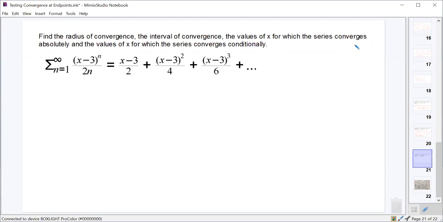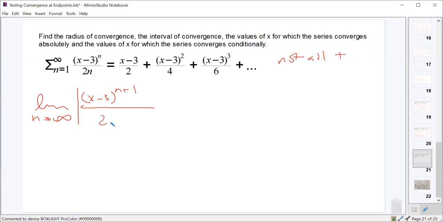For all values of x, is this positive? No, not all positive. So we will look at the limit as n approaches infinity of the absolute value of the n plus first term, 2 times n plus 1, or 2n plus 2, and then 2n over x minus 3. Everybody good with that? That should have simplified down to just the limit as n approaches infinity of x minus